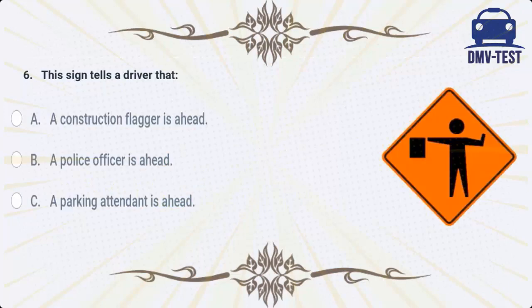This sign tells a driver that A. A construction flagger is ahead. B. A police officer is ahead. C. A parking attendant is ahead. A. A construction flagger is ahead. This sign warns that there is a flag person ahead. Always follow directions given by a flagger. Flaggers normally wear orange or yellow vests, yellow-green shirts, or bright jackets. They use paddles and red flags to direct traffic through the work zone and to let workers or construction vehicles